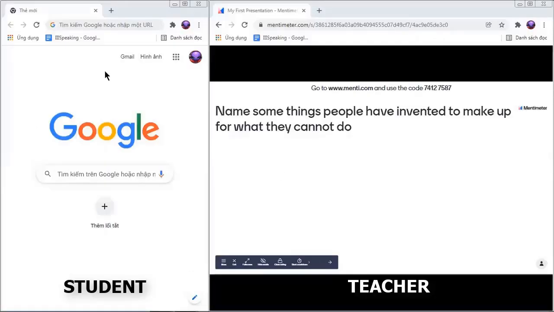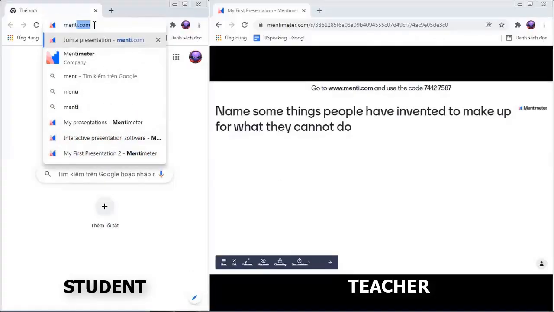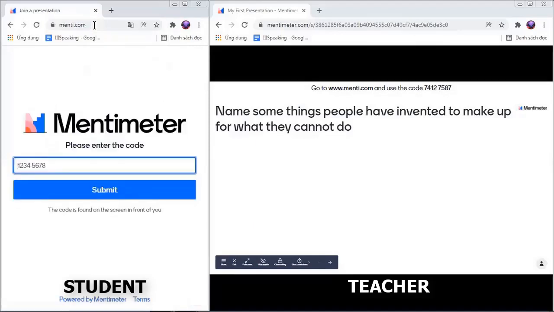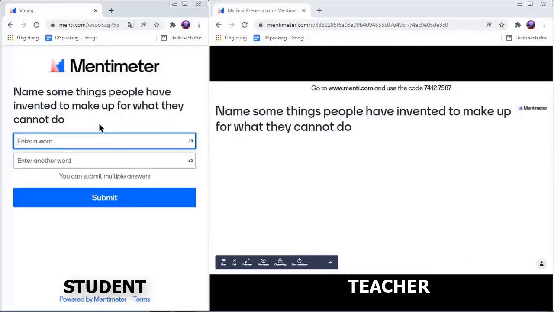Students have to go to menti.com, and they need to enter this code to join. And then they can start submitting answers here.